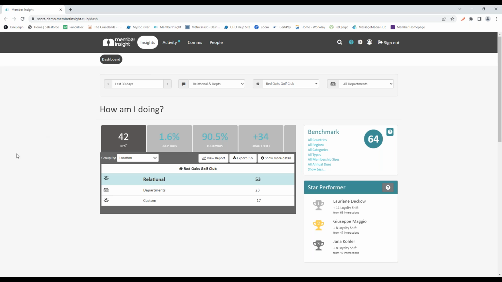And then the last piece that you're not seeing on here is our static surveys. Those are going to be the quickest, most instantaneous feedback you're going to get. And there's a couple ways that we can set those up. First would be we can set up just a comment box on your mobile app or within your website, so members can go in right after and leave a comment based on their experience.